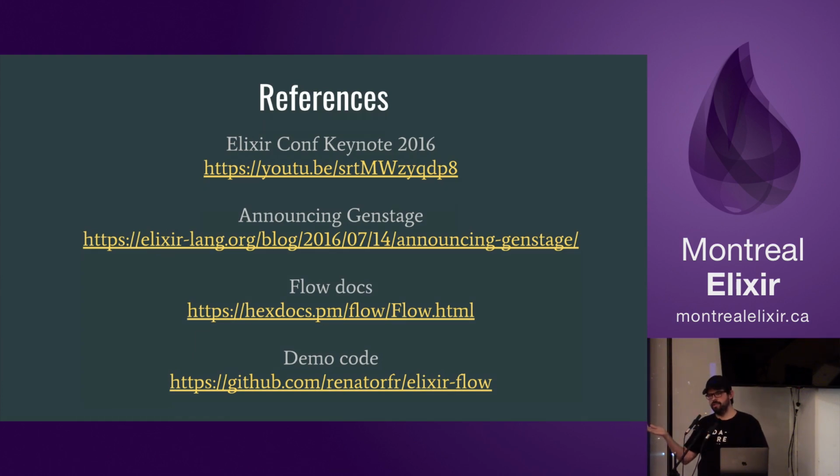Underneath, Flow is going to use GenStage, and if you go to the GenStage documentation, when you create a GenStage, you can say that that GenStage is a producer, a consumer, or a producer-consumer. And underneath Flow, everything is that. You have a producer, which is the beginning of the thing. Then you have the producer-consumers, which is like the filter that gets this information, does something, and produces to the next layer, and so forth. So yeah, it's gonna spawn these GenStages for you, and they are gonna concurrently work.